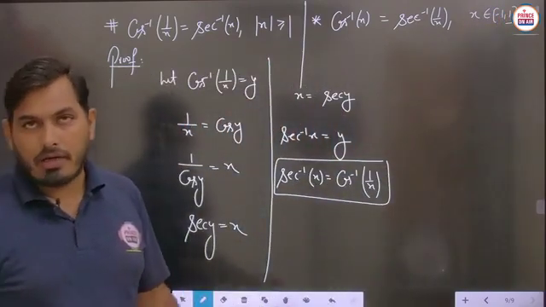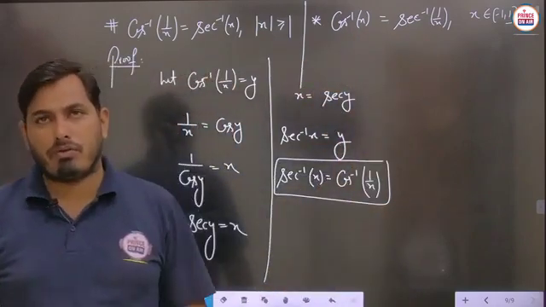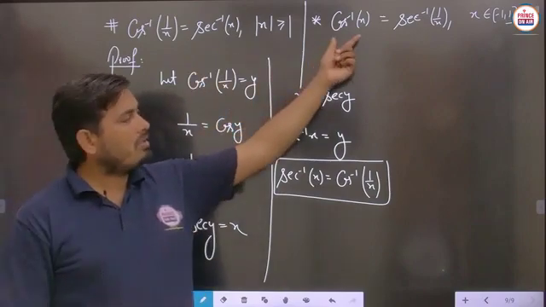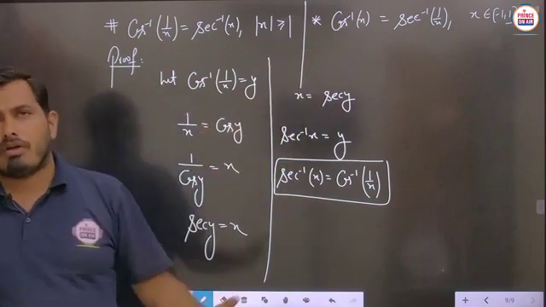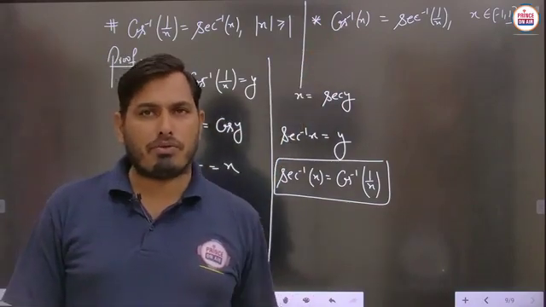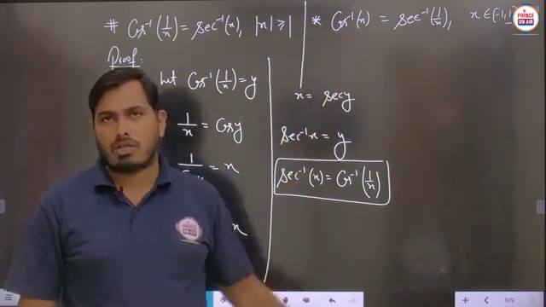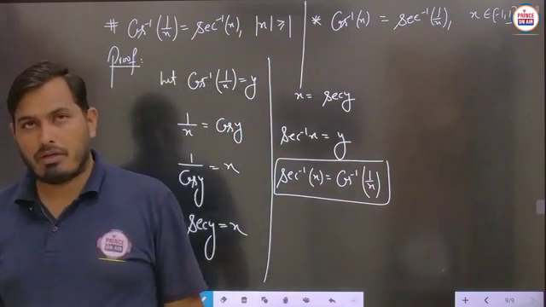So somewhere it is also that here x is written, then it will become 1 upon x when we have to take the sec inverse of x. Is it clear? So we have to keep in mind this subsequent part of this property also. Somewhere in objective type questions and any other questions, you can use such a property, but as per the given condition we have to use the property. Is it clear?